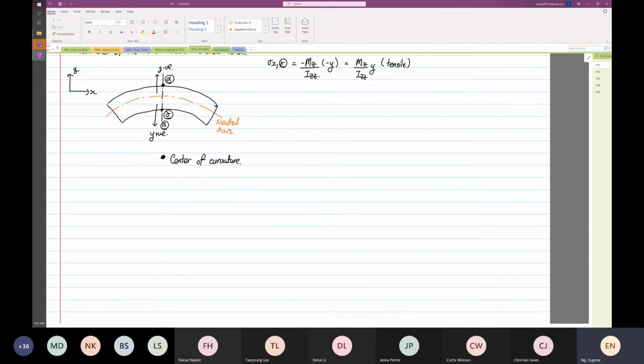Now for the diagram below, we know that for stress x at alpha, y is now equal to what? Negative. So in this context, stress x at point alpha is equal to minus Mz over Izz, multiplied by y, which is negative, so this is equal to positive Mz over Izz multiplied by y. Likewise, if we look at stress x for point gamma, y now is equal to what? Positive. So stress x at gamma